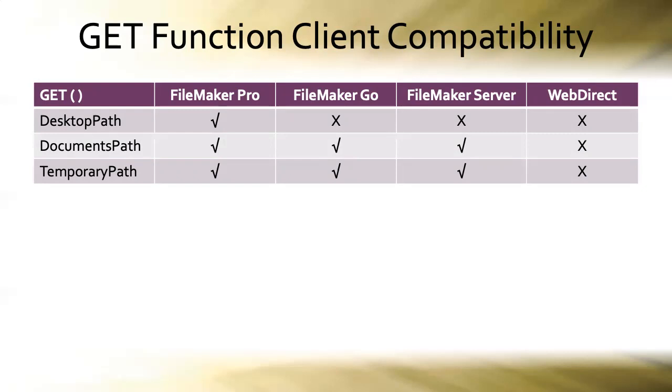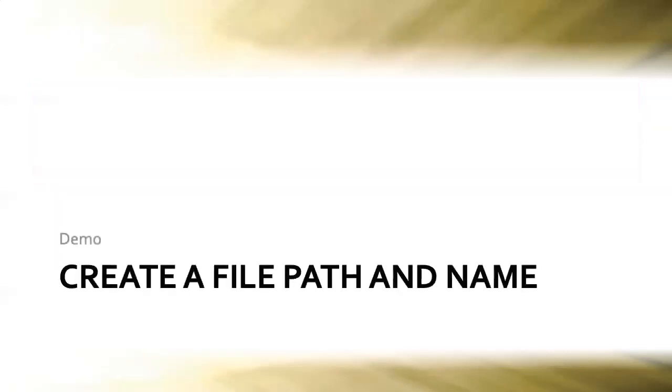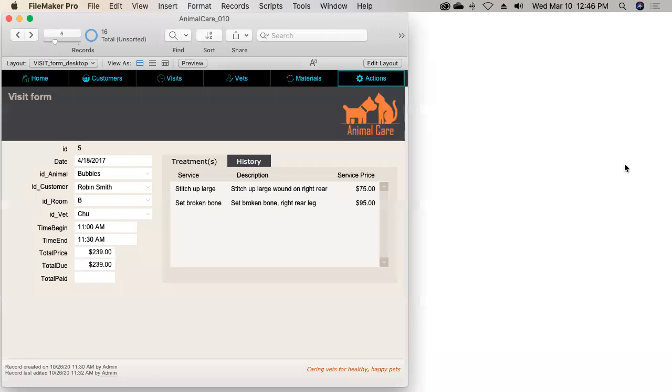WebDirect has no ability to access the hard drive of the user who's accessing our database through a web browser. So we've got to keep that in mind as we build these processes. All right, let's go ahead and create a valid file path and name. I'll switch back into the FileMaker database, and we'll jump back into our script workspace